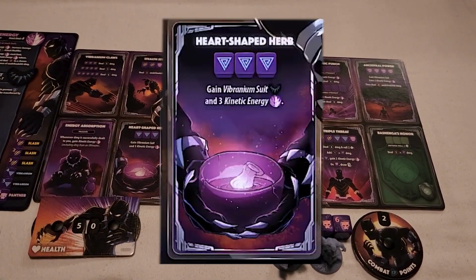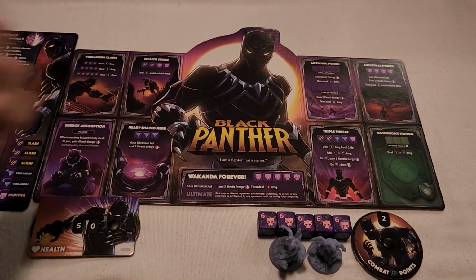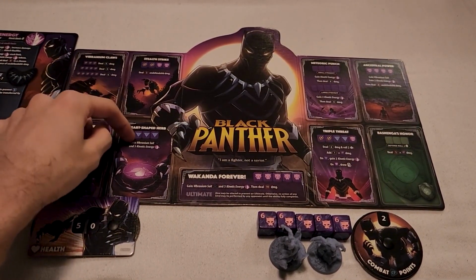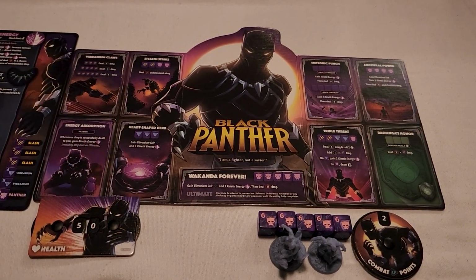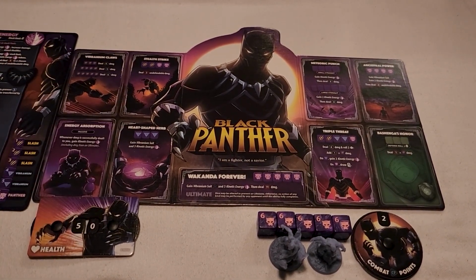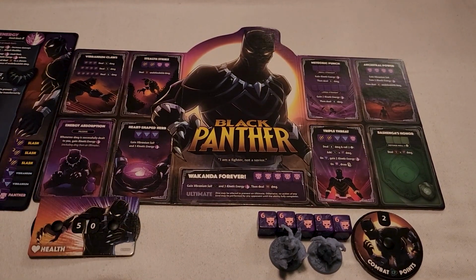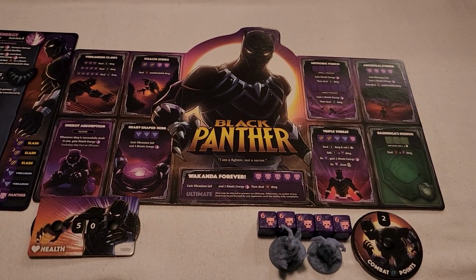Heart-Shaped Herb, one of my favorite abilities. You don't want to be forgetting about this one. So, of course, it doesn't do any actual damage, but it is 3 kinetic energy with a Vibranium suit, and it is very easy to roll. So this is kind of a safe fallback. You can activate this when you want to. Generally it depends on the situation, but of course, if you need kinetic, this is probably the easiest way to guarantee yourself